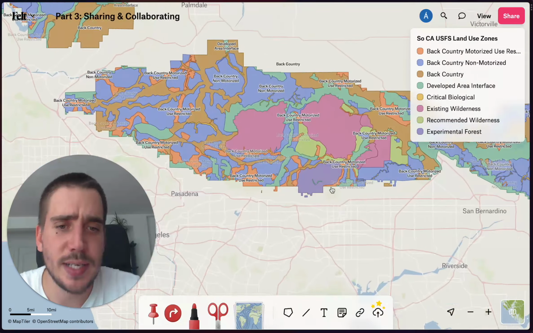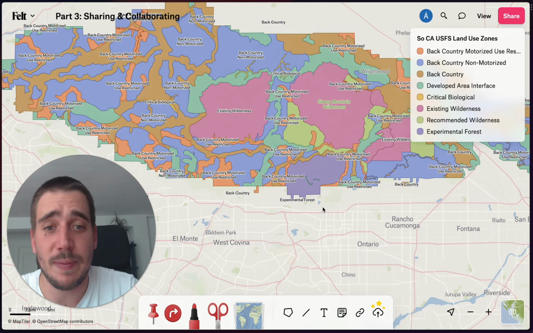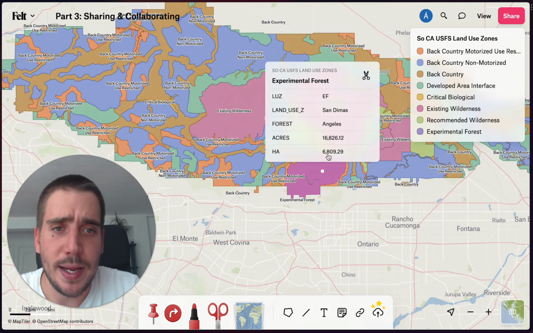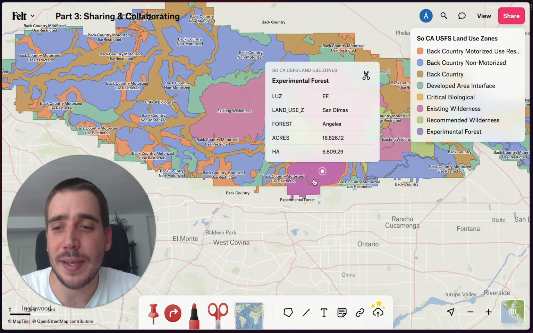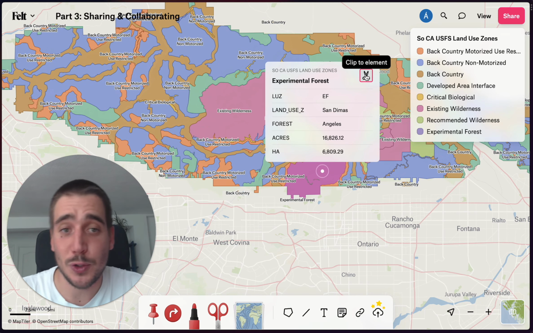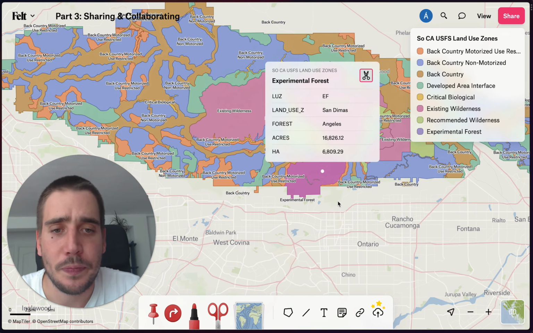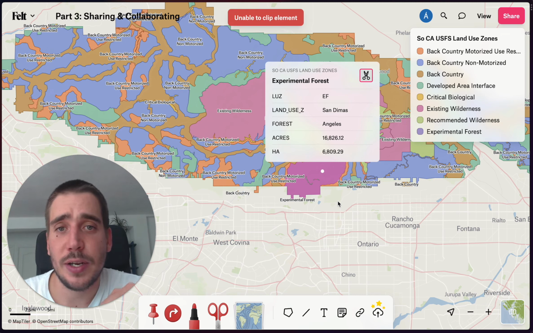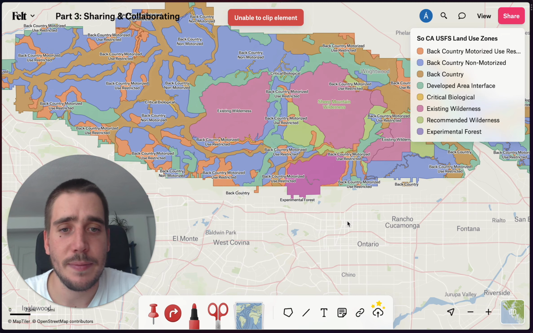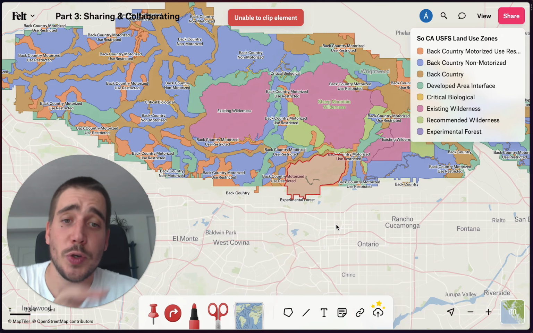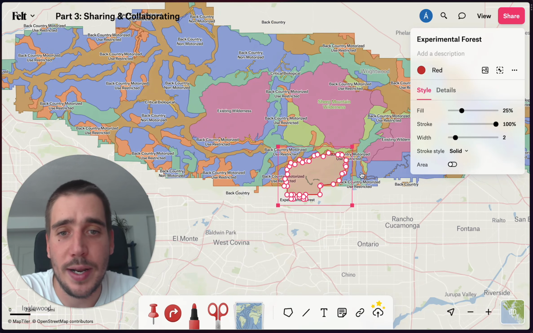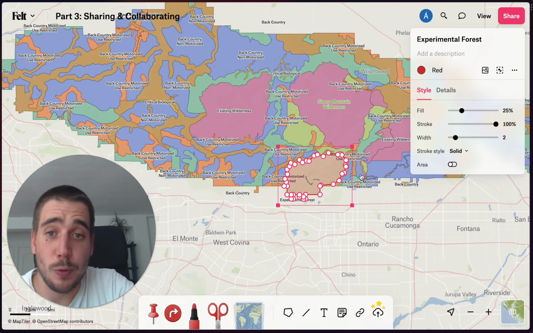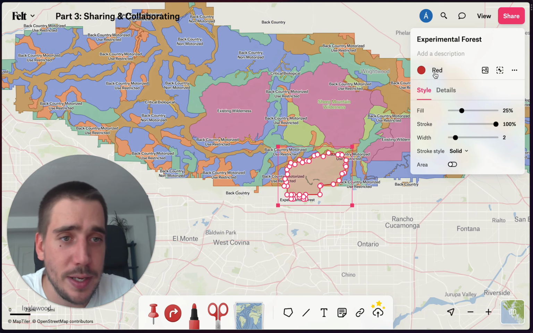So as I said, I was interested in the experimental forest in San Dimas in Los Angeles. So I'm just going to go in, and instead of just selecting that visibility as I did last time, I'm going to do something special, and I'm going to clip it out, because clip also works on data library layers. So what clipping is going to do is it's going to transform that feature in a data layer into a workspace element, and I can work on it individually, because data layers are styled by rules, as you saw, but elements can be styled individually. So I'm going to make this one a lot more obvious,